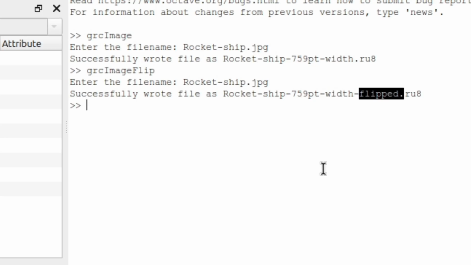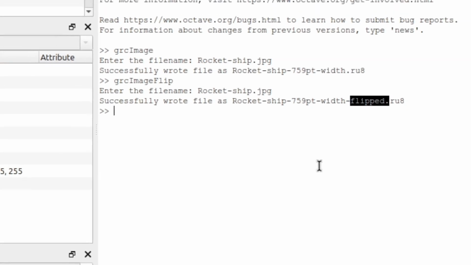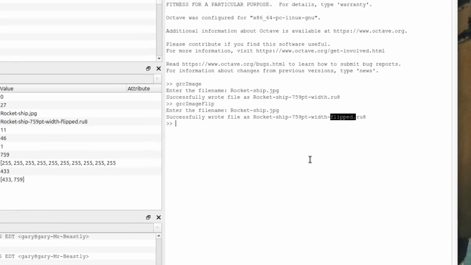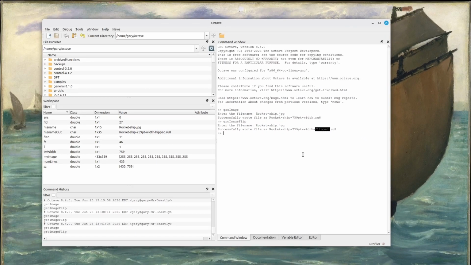Note that neither of these scripts will have any effect on the original image. It just reads it in, does a little bit of processing, and exports it as a completely new and different file. Once you have these set and ready to go, then you're ready to import these into GNU Radio for processing. Let's do that next.